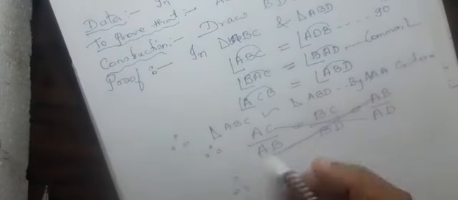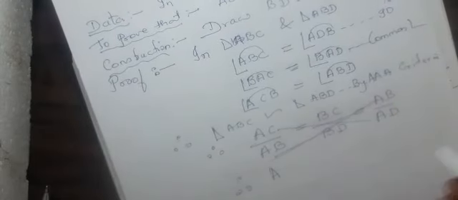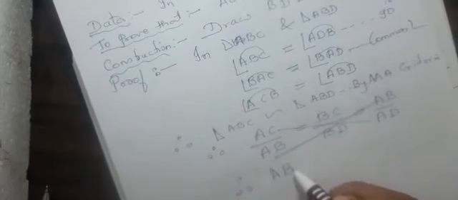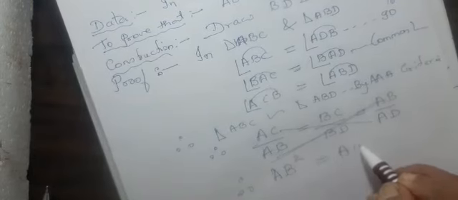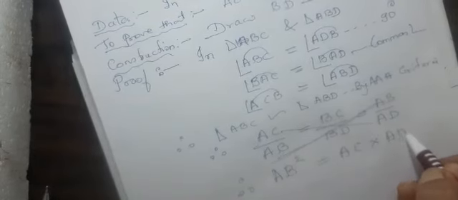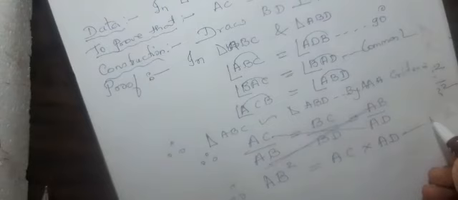So when you write like this, come on, let's cross multiply. It is AB squared equal to AC into AD. See in the figure, AB squared is equal to AC, the full hypotenuse, into a part of it, AD. We have got like that, and please take it as one equation.